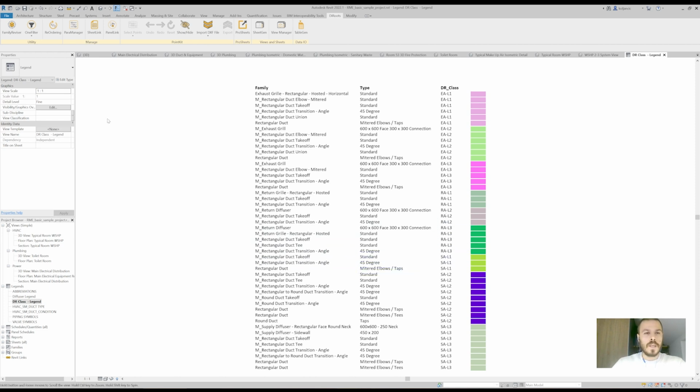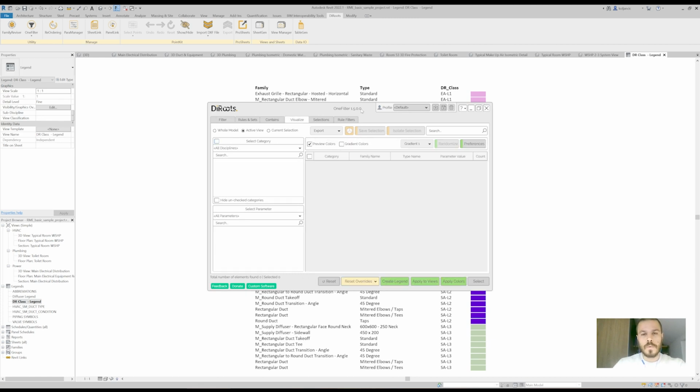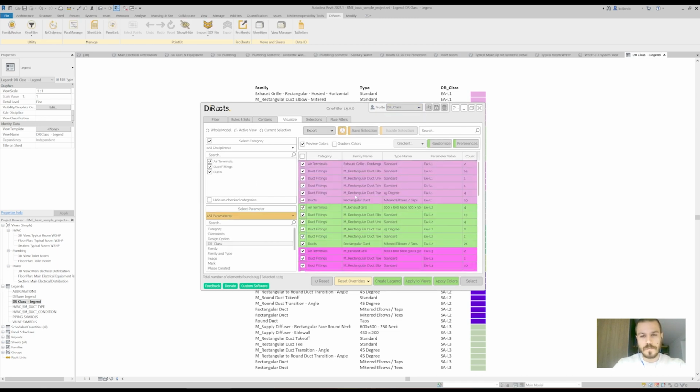But if you don't want to do that, let's open OneFilter again, because we itemized every color instance. Okay. So what we can do, we can go to the Visualize tab. We can open the dr class profile. You see our colors are restored, especially this manually assigned color. Then we can create a legend in which we will not itemize instances. So dr class